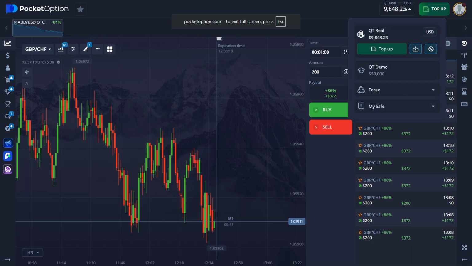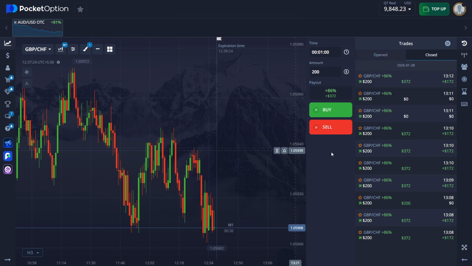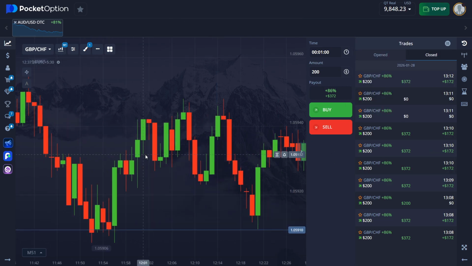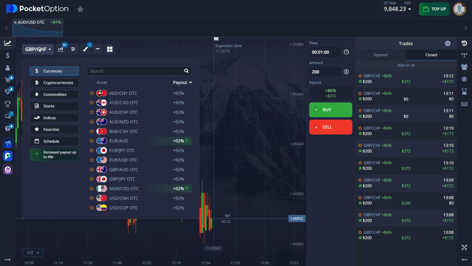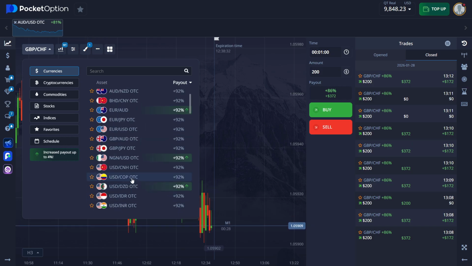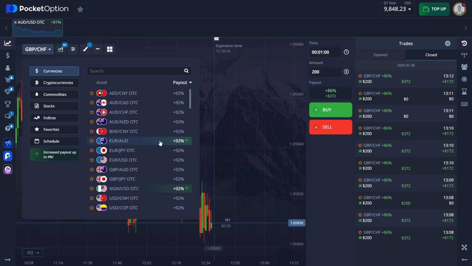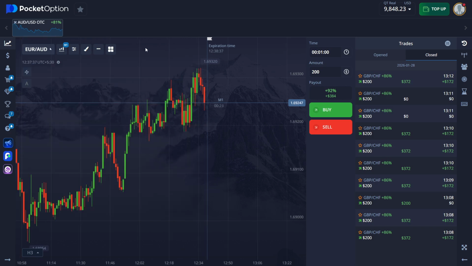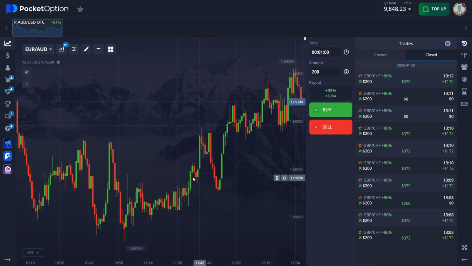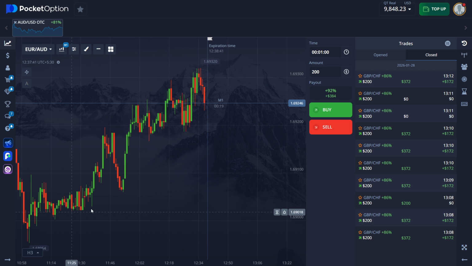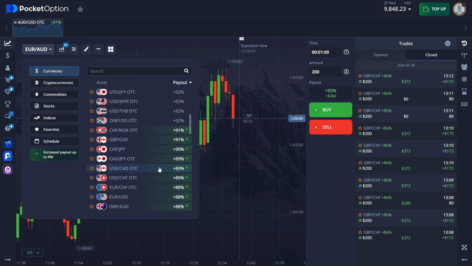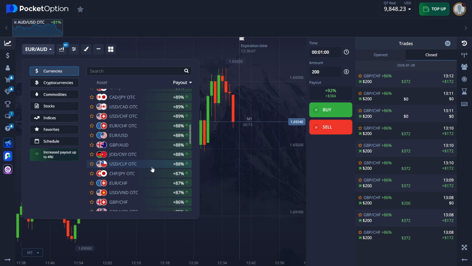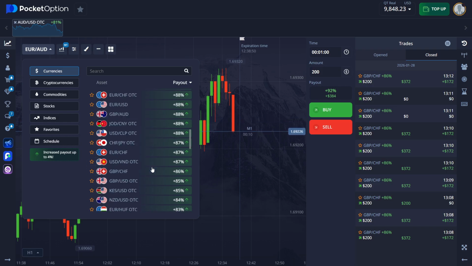I have a capital of $9,848.23, and right now I am going to implement some indicators on these currency pairs of binary trading. We have a settlement ratio of 92% in EuroCAD, and the EuroCAD chart is showing a pattern towards the upward direction, and we can use this chart also. But I am looking for a currency pair having a settlement ratio of about 85%.